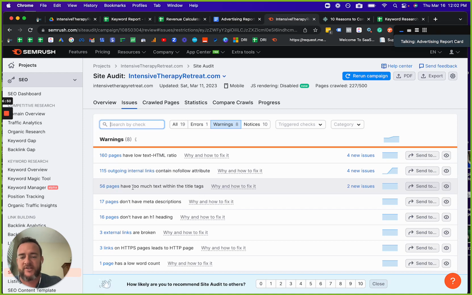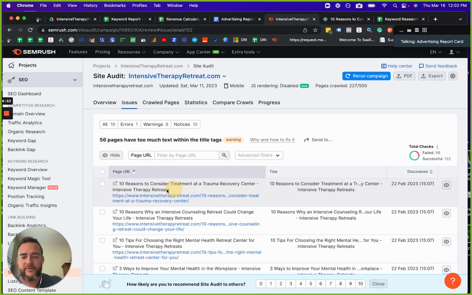The next thing is too much text in a title tag. This is because the blog post itself also includes the name of the website in the title tag. Title tag character limit recommendations generally change. At one point in time, it was 72. They brought it down to 60. Then it was 48 characters, and now it swings between 48, 42 and 60. At the end of the day, this is something that you can focus on, not necessarily because it's bad, but because if you're looking to introduce keywords into the title, then you can modify these and shorten them.